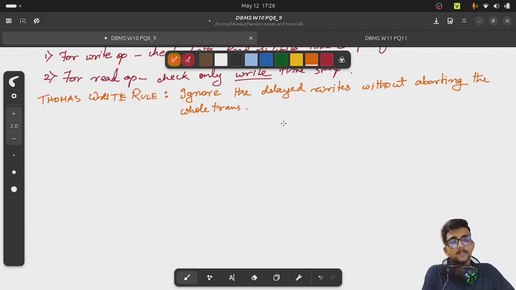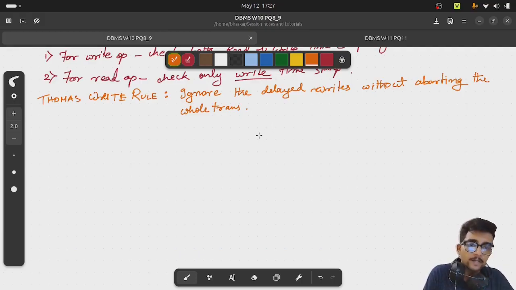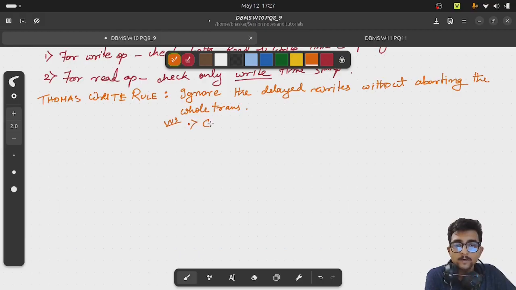Now, obviously, we must think that by ignoring this, we might run into some trouble, right? There may be some inconsistency or something like that. So the rule caters to that part also, and it says that you can only do this when some younger transaction might have written into the data item which you are trying to write, but must not have read that data item. So the most important point of this Thomas Write rule is that you can only ignore